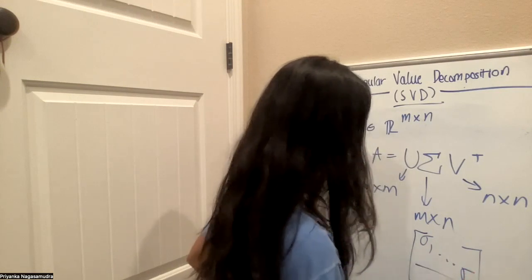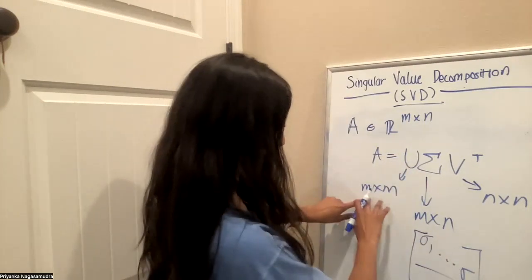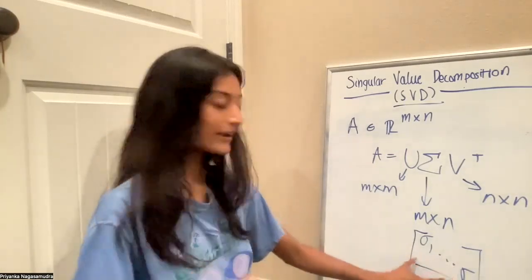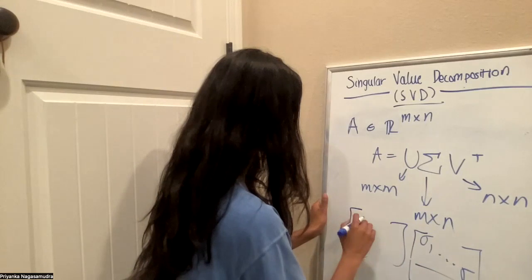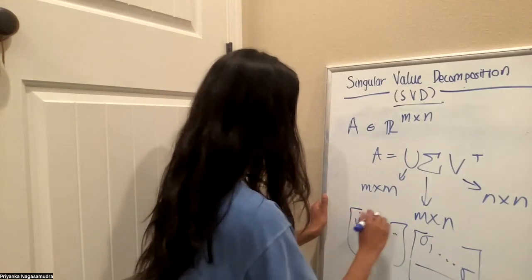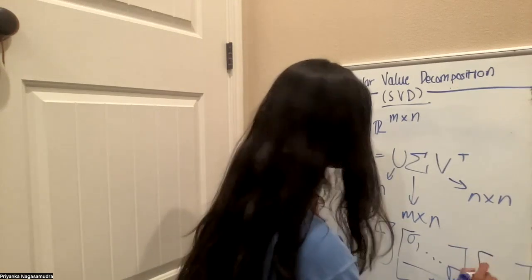It has zeros all over here, and it's basically scaling each of these vectors. And immediately you can see how this is used for rank reduction, because given my vectors u1, u2, and so on, and vectors v1,